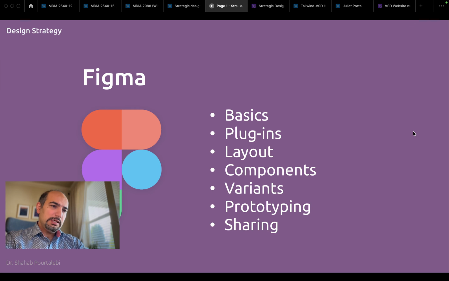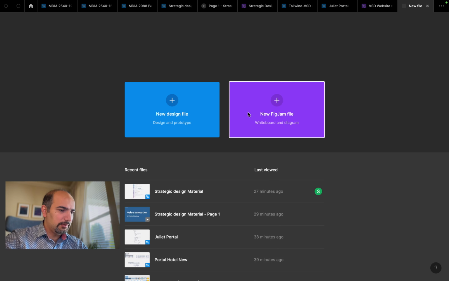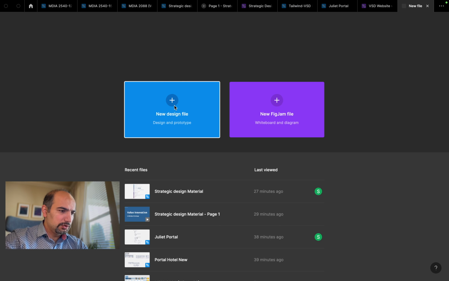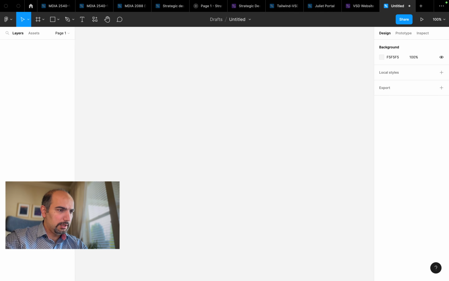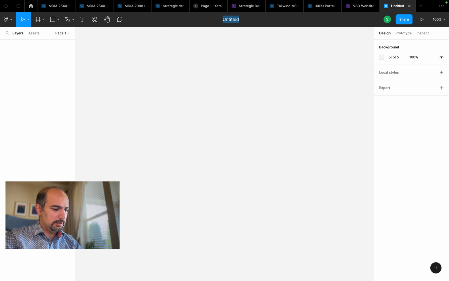So let me create a Figma file. Here you see the plus button at the end. When you hit that, you have two options, and I'm going to choose new design file. This is the environment that I would see as a new design file environment. So I can go right ahead here, change it to like